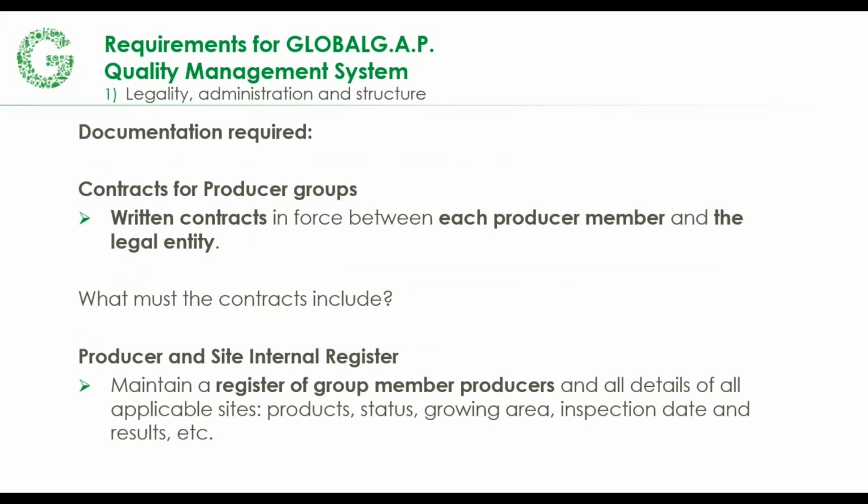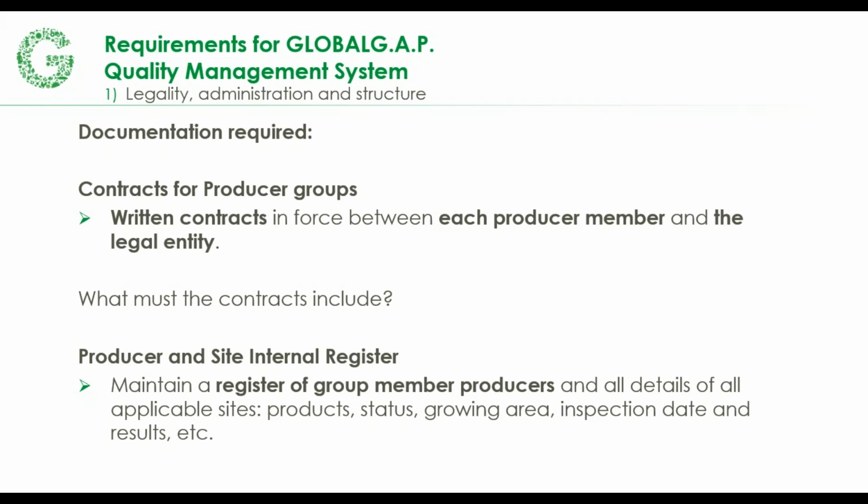Moving forward, there are contracts required, so not only some sort of policy, but the contracts. What do the contracts include? It includes all of the information about the producer or the production site. So this would be details of the area or crops, and how the internal group would handle sanctions. So if there's non-compliance during the internal inspection, there should be corrections, and then the producers agree to say, yes, I will close them out if we do that. That would be in the contracts.